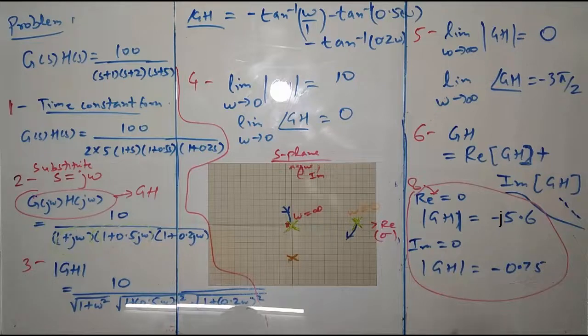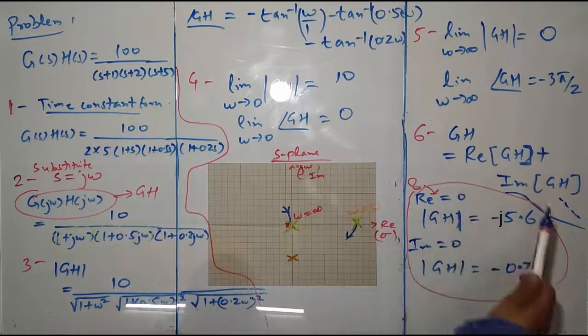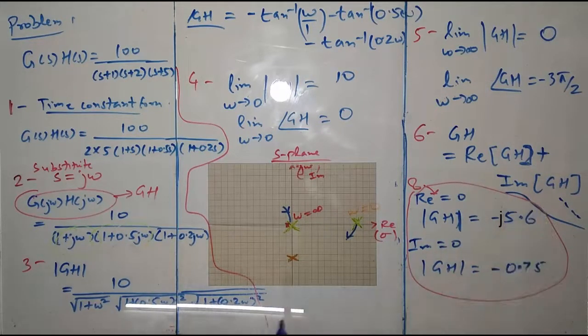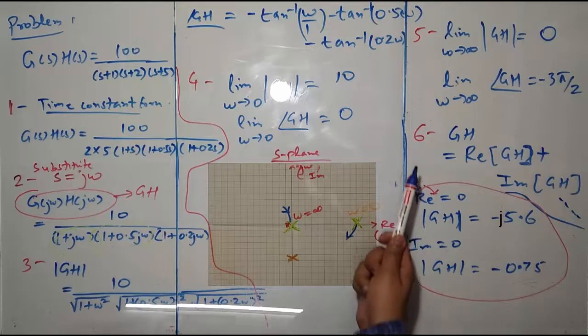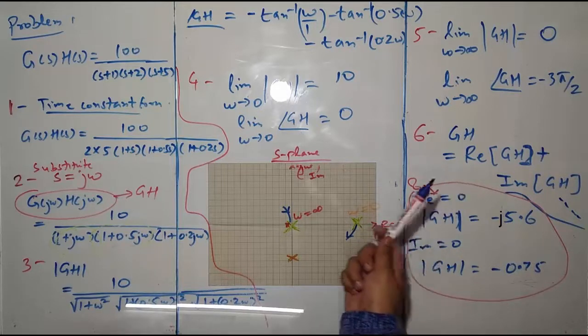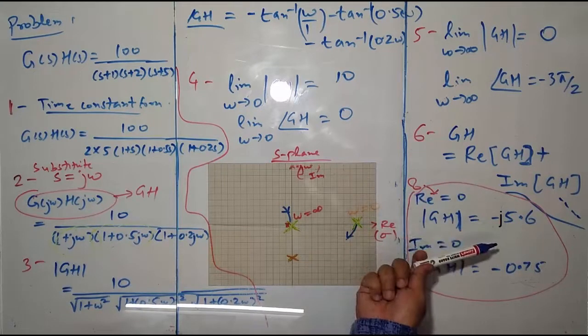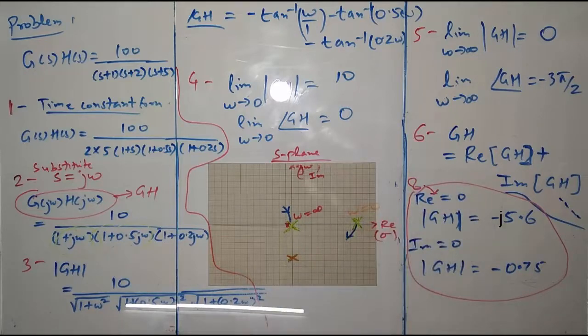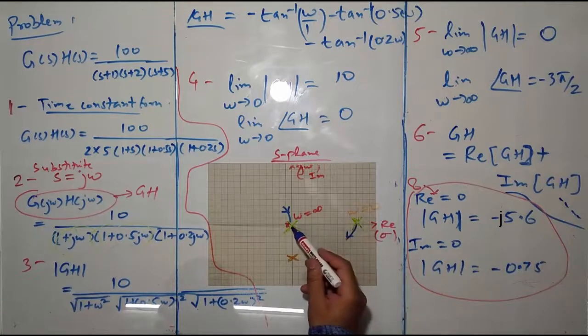I repeat this again, you'll have to apply step 6 completely, then there's step 7, then after step 7 you apply step 8 in order to get the intercept. I skipped steps 6, 7 and 8 and have written directly the answer, so you can verify this on your own. Once you obtain the 4 points, the starting point, the end point and the 2 intercepts,